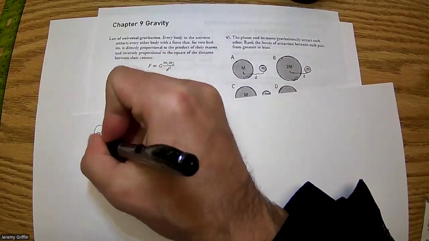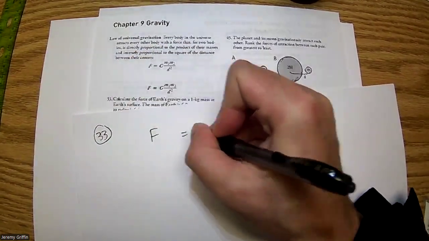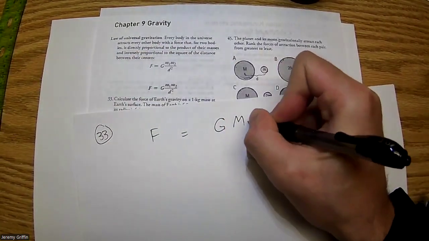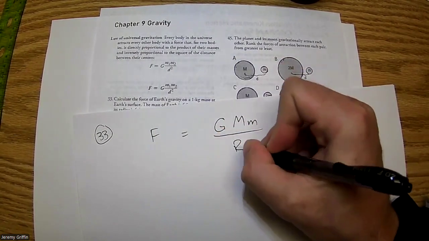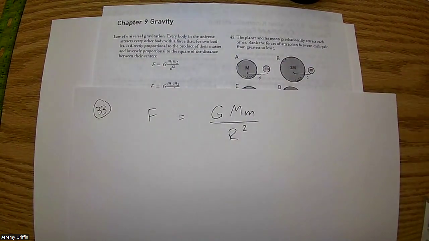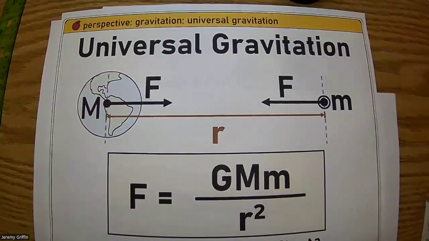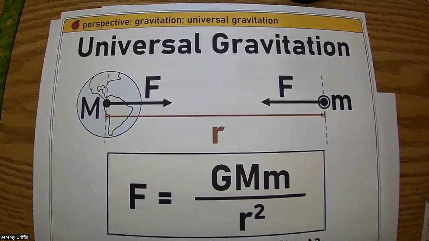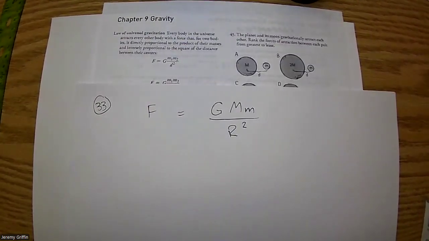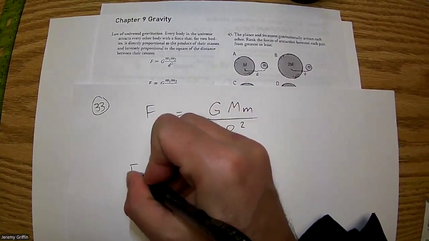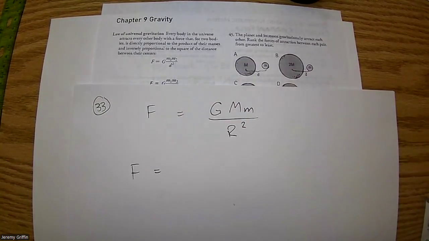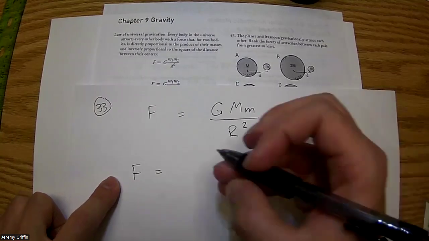Number 33. You guys know force equals G M m over r squared, right? There's the universal law of gravitation. You guys are writing that down. Here it is, there's the poster for that. You guys got that? All right, then F. Well, F could be the force. That could be the weight. So I guess we're solid for that, except to solve for